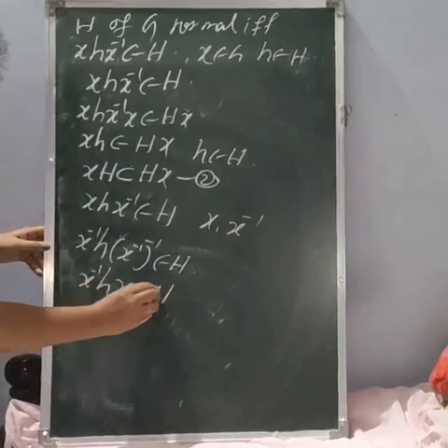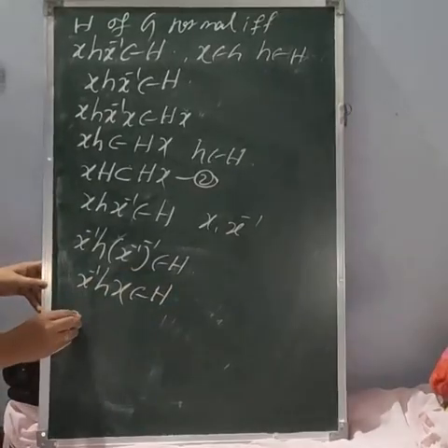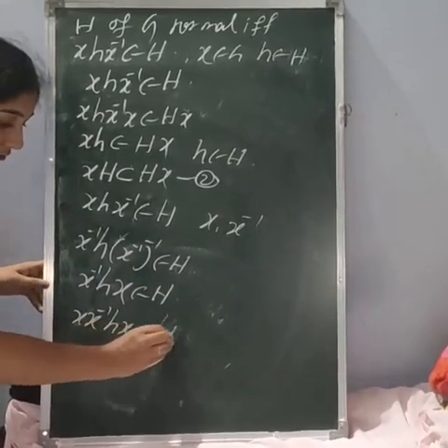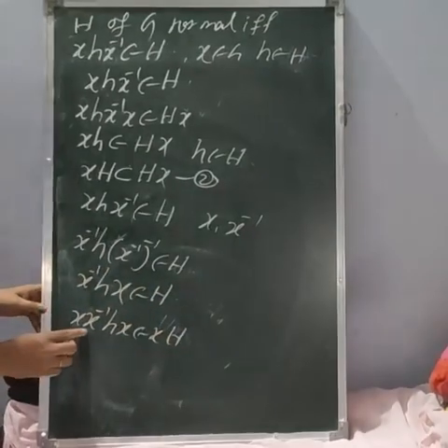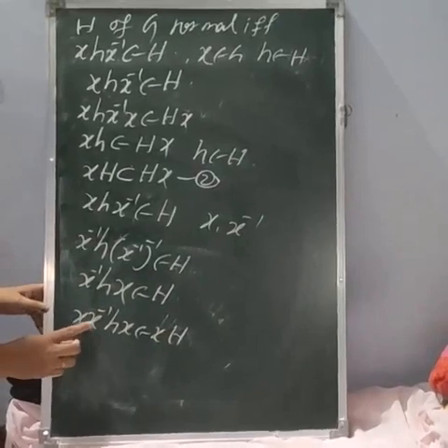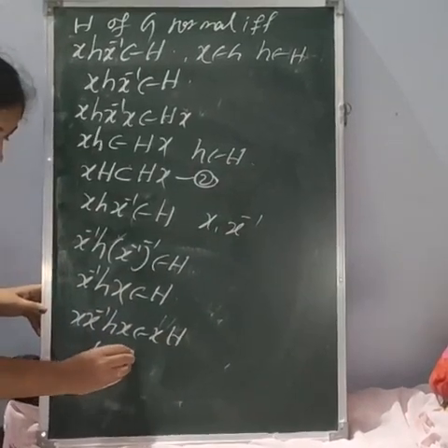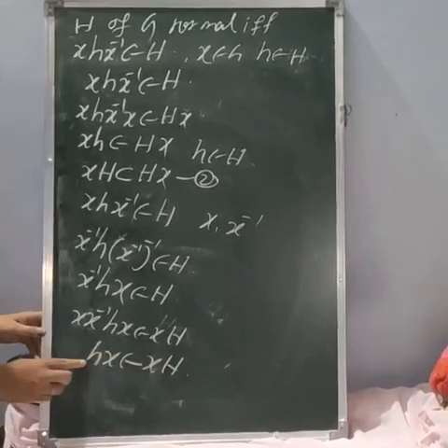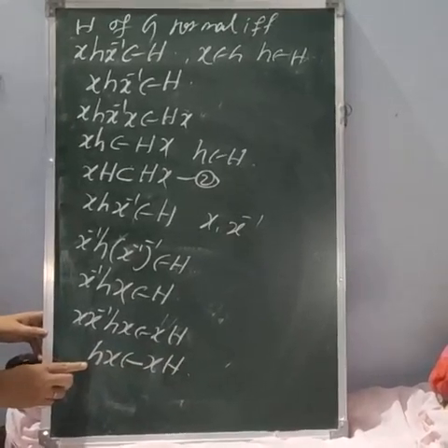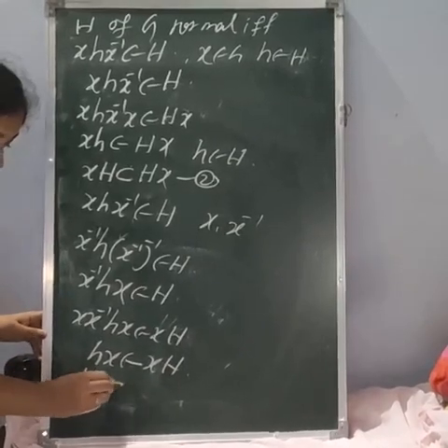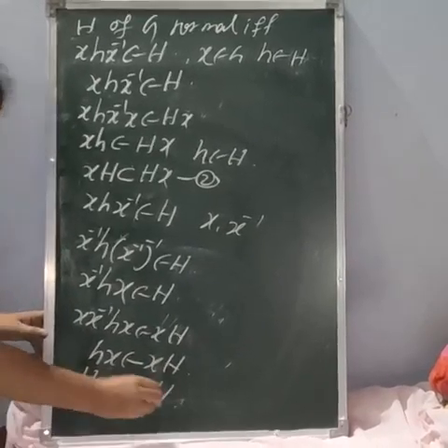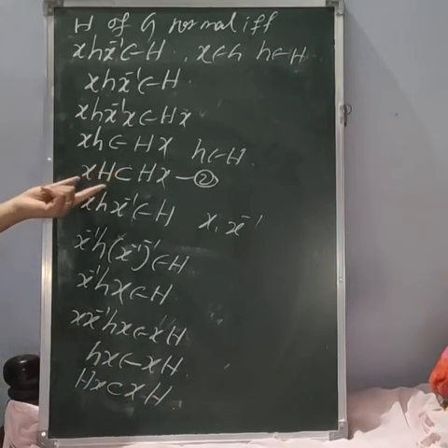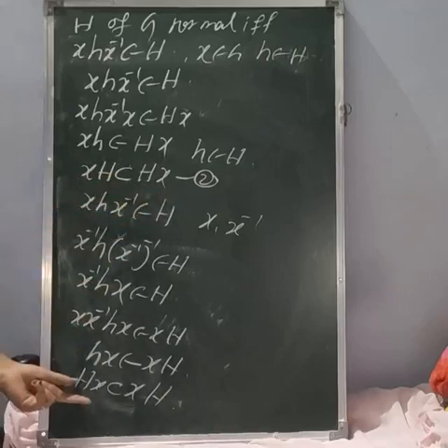It belongs to H. Now I will multiply x on both sides. So x into x inverse hx belongs to xH. x into x inverse is again the identity element. Identity element into this is nothing but this element itself. So hx belongs to xH. So again for every element h from the capital H, what you will get? Hx is a subset of xH. So now see, all the left cosets are subsets of the right cosets, and again the right also are subsets of the left.